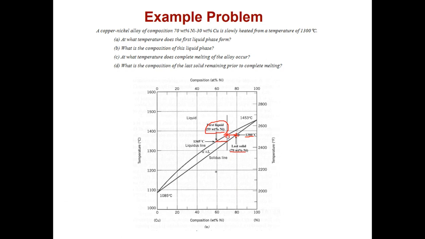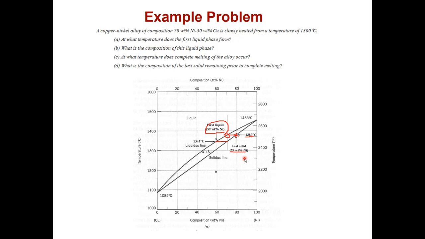So complete melting is resulted at the temperature of 1380 degrees, and its composition, if we draw a tie line, horizontal line, find the intersection with solidus and bring it down, we get the composition of the solid phase, the last particle of the solid phase, which is 79 weight% of nickel. So the first drop had less atoms of nickel in it, so it had only 59 weight% of nickel, and the last particle of solid, which was still in place, was richer in nickel, and that had 79 weight% of